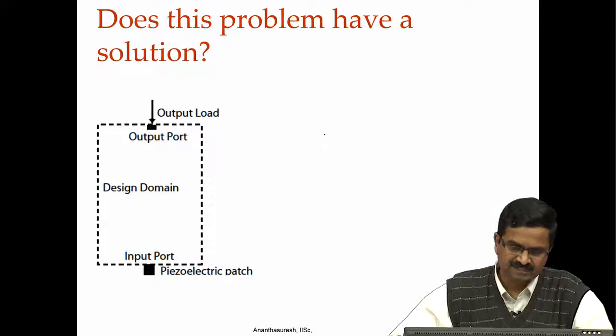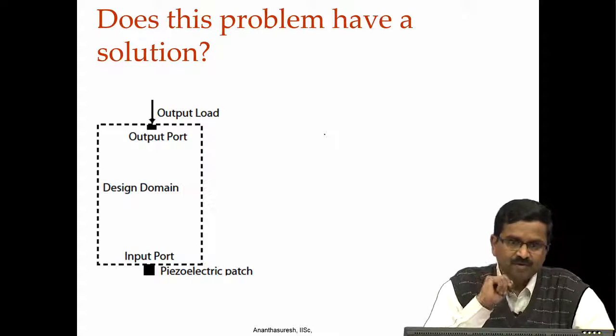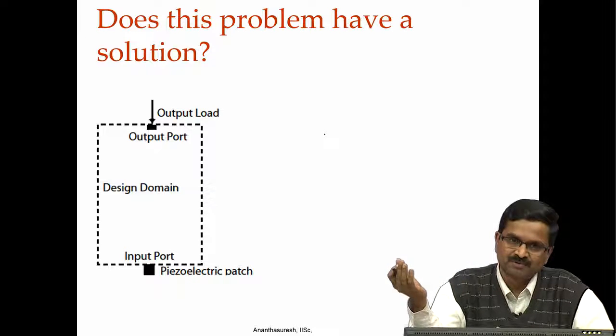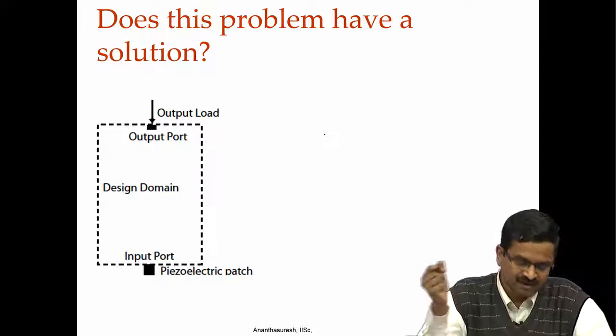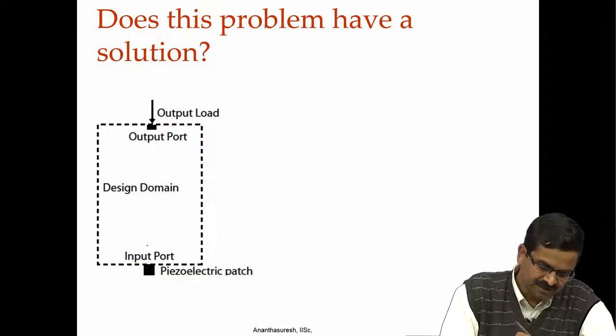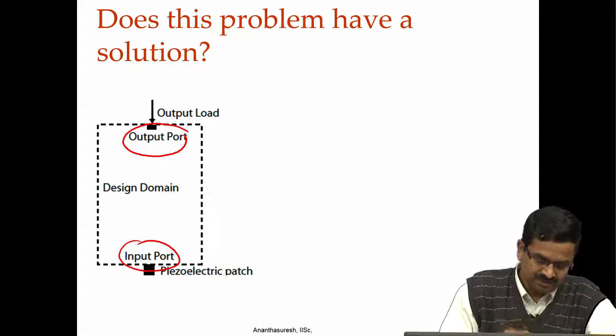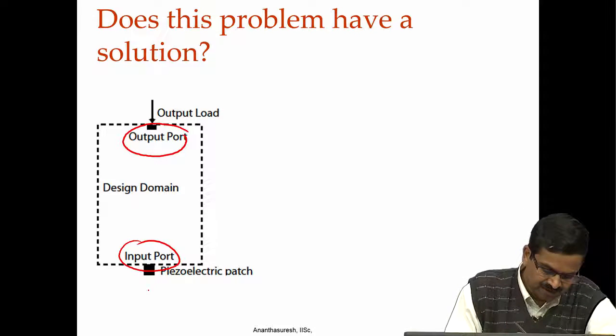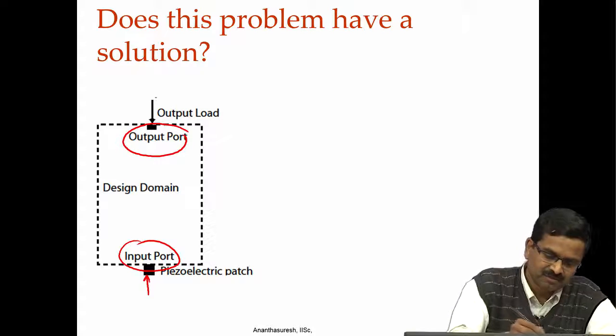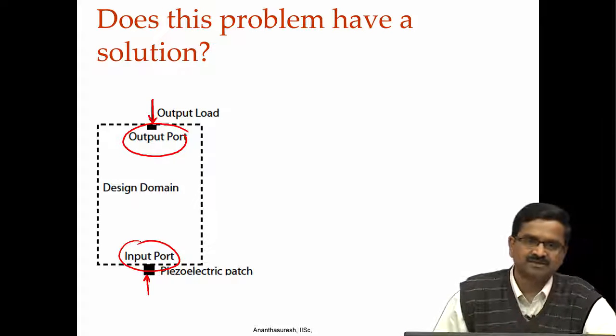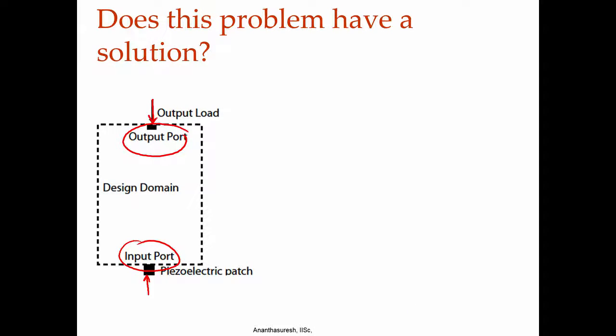So, we go by this, and now look at any problem that one may want to design a compliant mechanism for. We can say that there is an input port and there is an output port, and clearly in this one, if let us say input is in that direction and output is in the opposite direction, you cannot think of actually a lever. So, any lever that you think of here is not going to be anything physical, it is just abstract.